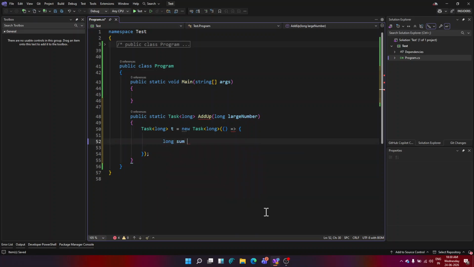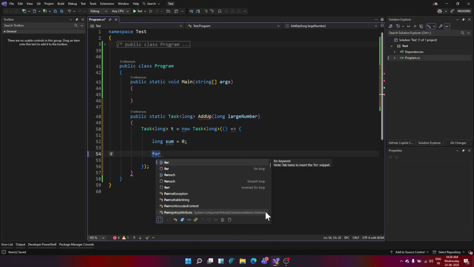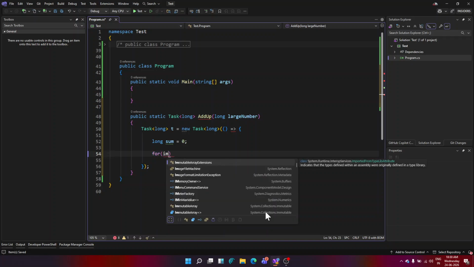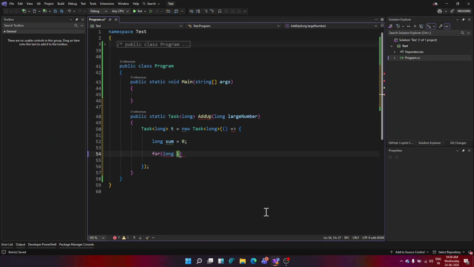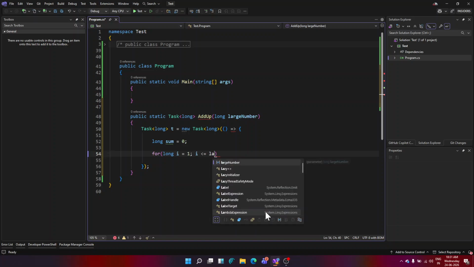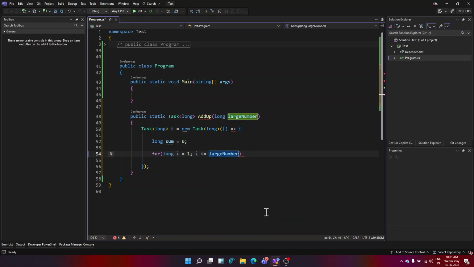Long sum equals 0, and then spin a for loop: for long i equals 1 and i less than or equal to that large number. Basically, we are trying to add all the natural numbers starting from 1 to that large number.